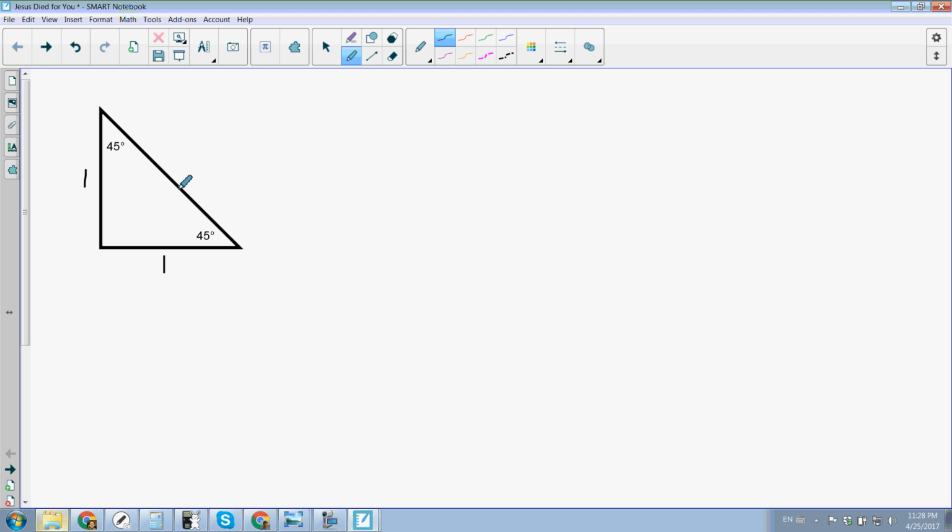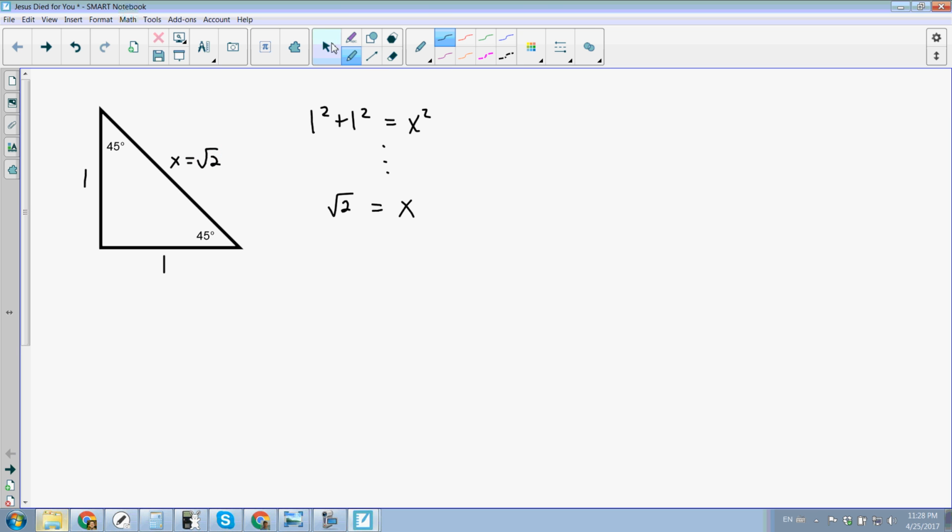And you can very easily use the Pythagorean theorem. I'll let you pause the video and figure out what the Pythagorean theorem says that this hypotenuse length is. I'll just write down 1 squared plus 1 squared equals, call that x, x squared. I won't do all of the arithmetic or the algebra there, but x ends up equaling the square root of 2,